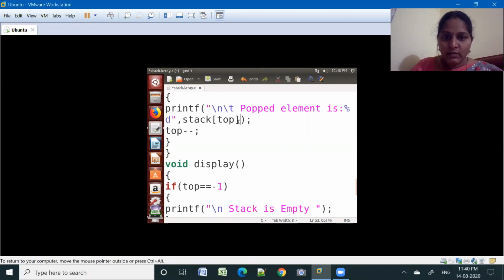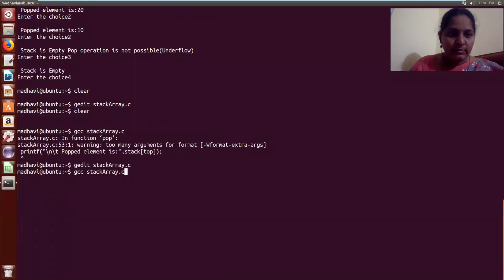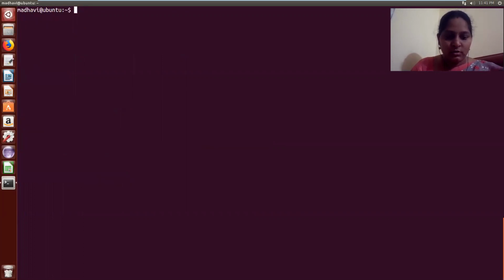Okay, whatever element here we are printing, that is of type integer, right? So %d. Save it. Go back. Close the program and go back and compile it. No errors. Successfully compiled. Let us see the execution.